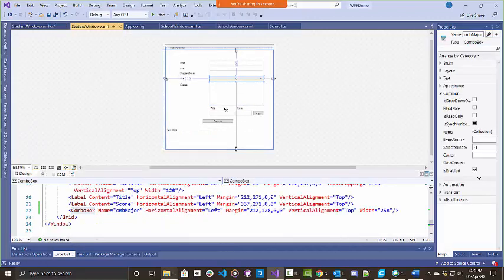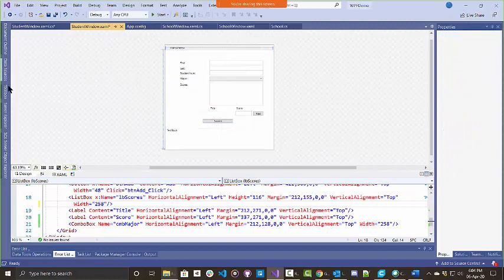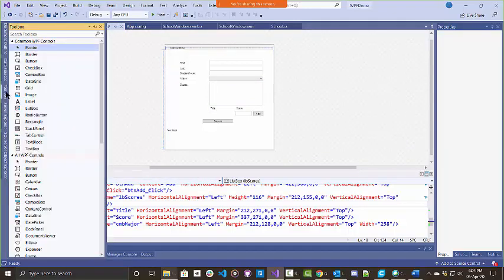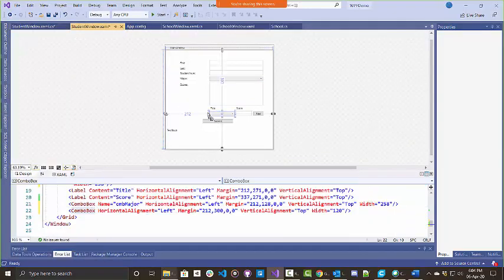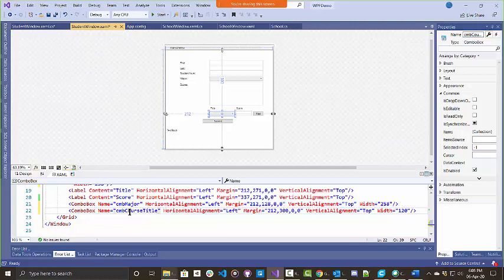I'm going to do the same thing with the title for the classes. That should probably be a combo box as well. So again, I'm going to go to my toolbox and drag a combo box in here and give it a name. Combo box course title, I guess, would make sense. And again, I'm going to